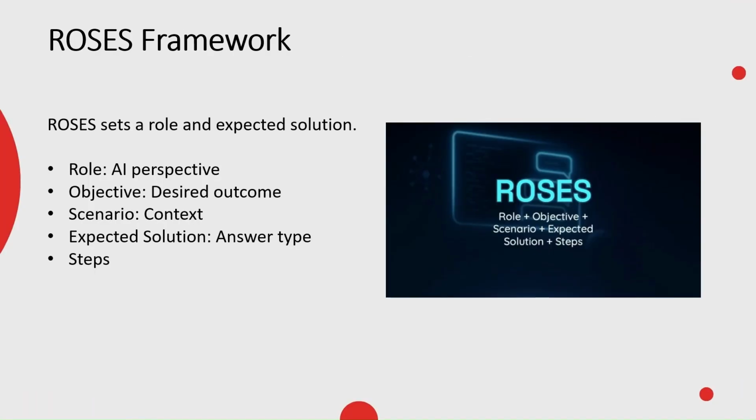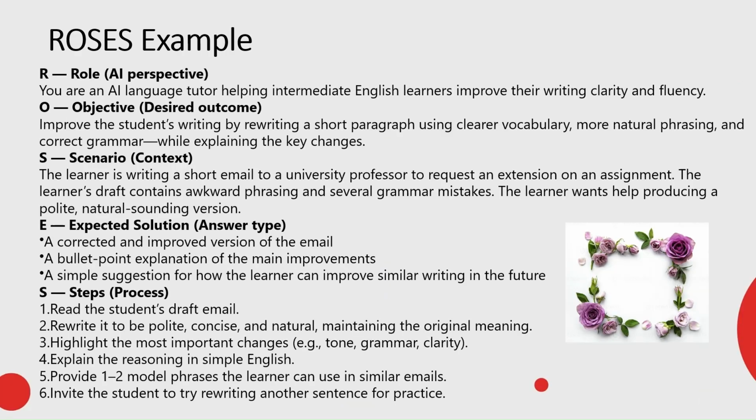Next one in the line is ROSES. ROSES focuses on the solution. So it's great when you have a specific problem, like a student draft that is grammatically correct but sounds unnatural or awkward. In this case, you have role, objective, scenario, expected solution, and steps. Let's go, for example, with an example for email writing. In this scenario, the AI acts as a writing coach. It rewrites a student email to a professor, explains the changes, invites the student to try rewriting a sentence themselves,